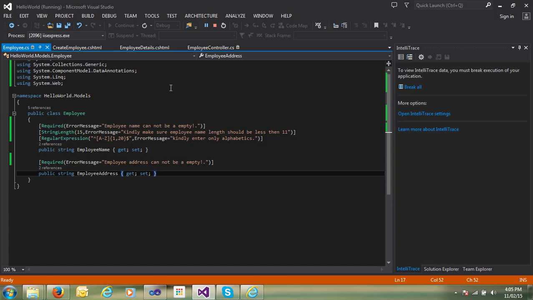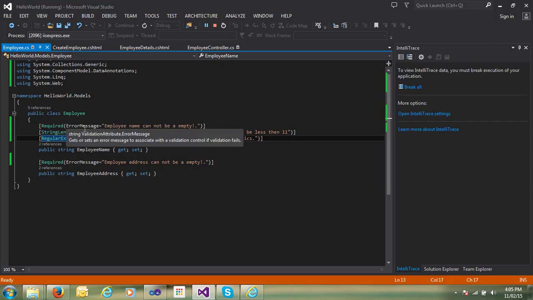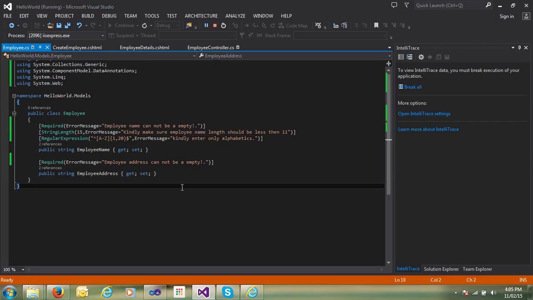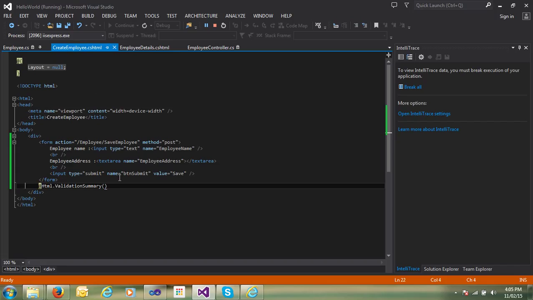In ASP.NET MVC they provide many attributes in data annotations to validate your property, and the regular expression attribute is also available if you want to validate with a regular expression, and if you want to apply a user-friendly message, this is also possible. And another question comes to your mind: how to display a validation message separately? What do I mean by separately? I need to display an error message after each control,